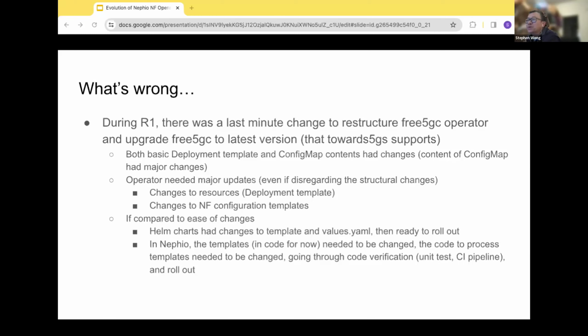With 5GC or anything open source, other than maybe Magma, the configurations are usually text-based. You sort of mount your config map, and they usually have to boot up with the configuration fully populated in a text file. So it was built this way, but if any changes happen, you can see the weakness, and this is why we brought this up. I brought it up in this way, but there are ways to remedy this, and we tied it up with the SDK. Otherwise, I wouldn't have presented it here.